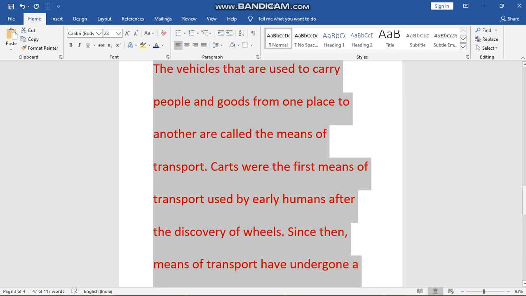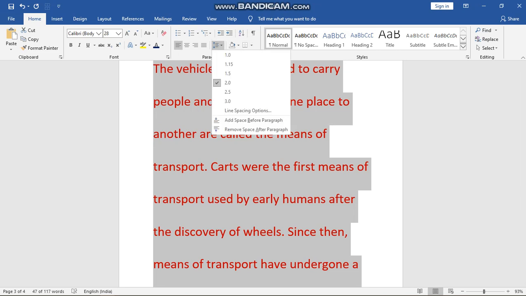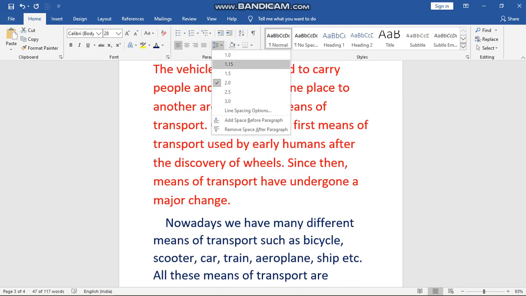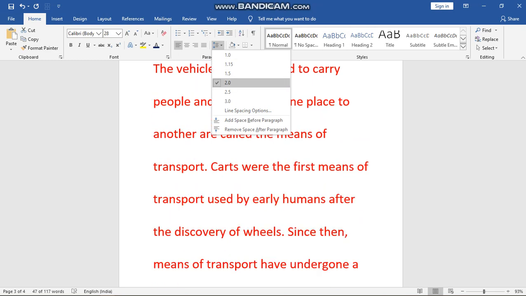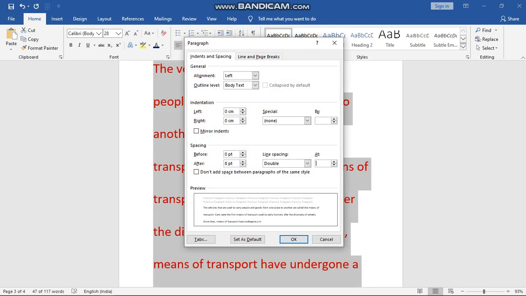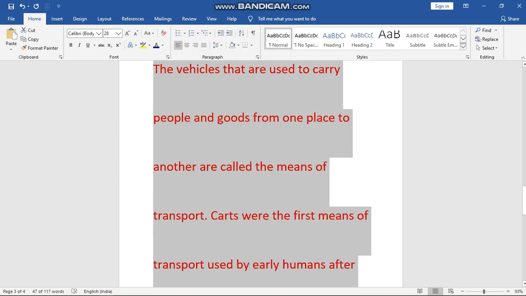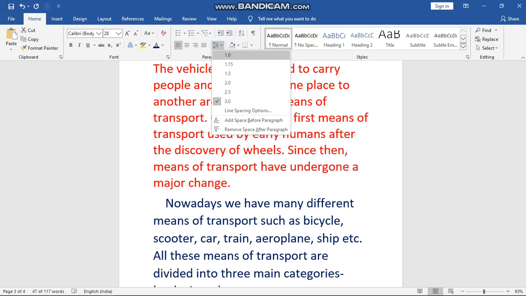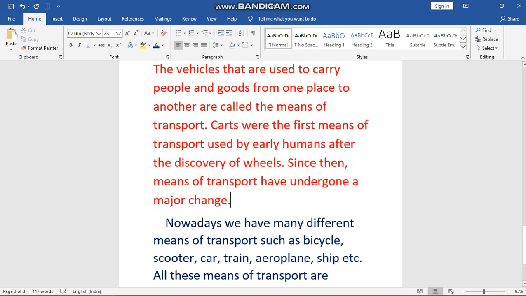This is called the line spacing. I can change it from here also. Just click and go to, this is the standard type. Then we have 1.15 line spacing, 1.5, 2, 2.5, 3.0, or you can change it according to your own will by going into the line spacing options. Okay, if I make it multiple, then there will be many lines difference between two lines. So this is how we do line spacing. Okay, that was the second option which you learned today.